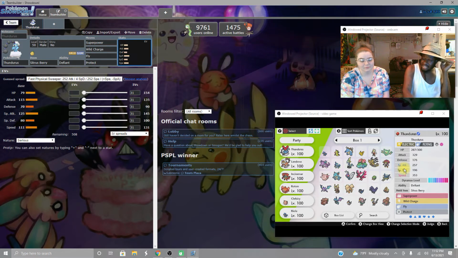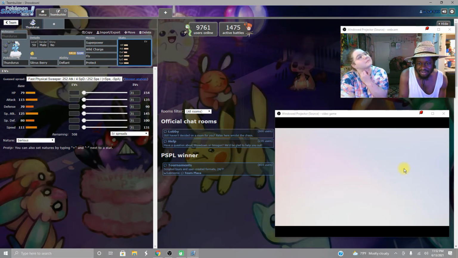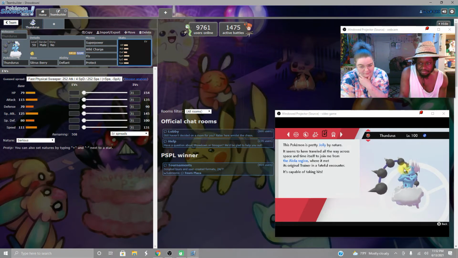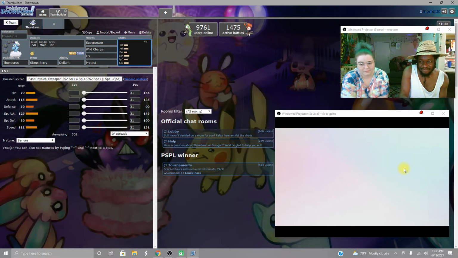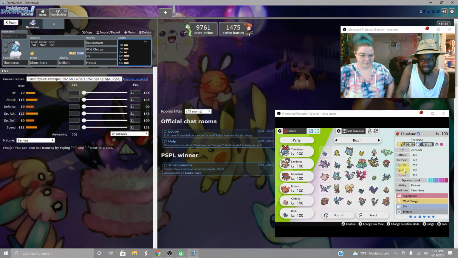Kind of sad. But you check summary. It'll even say, like in the game, this Pokemon is pretty jolly by nature. Okay. And so why is it Jolly? Why do we choose Jolly for the nature? Because Thundurus is a physical attacker. Thundurus is a physical attacker, so we have to lower